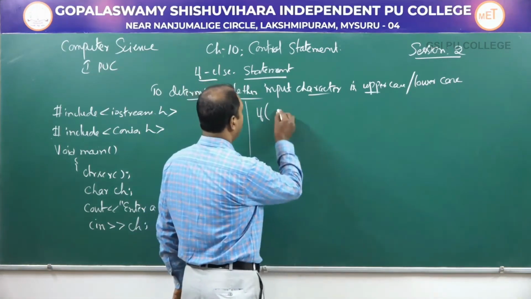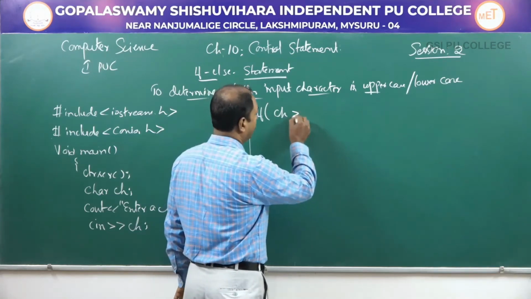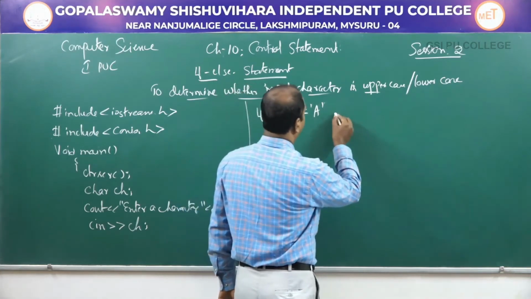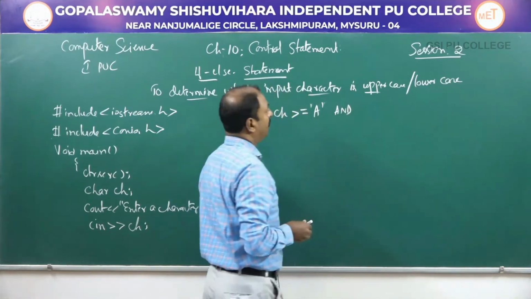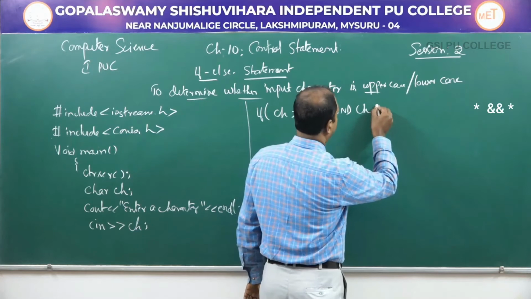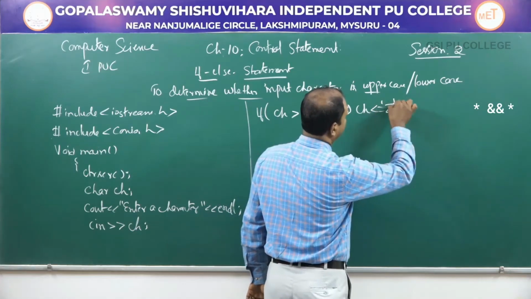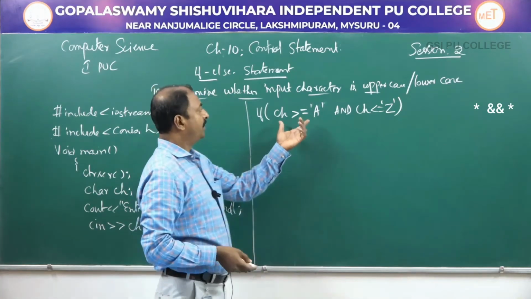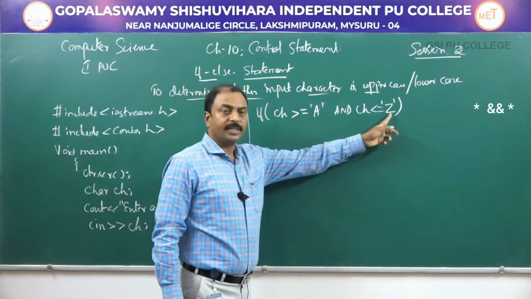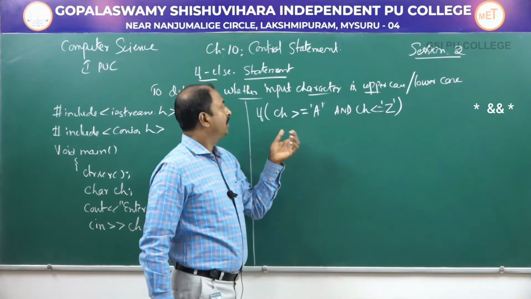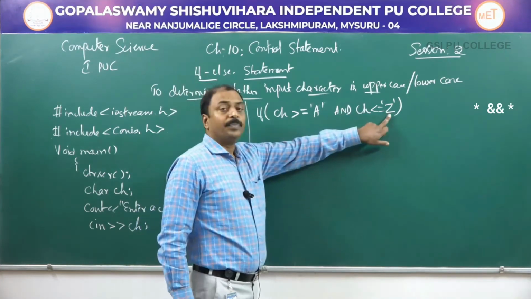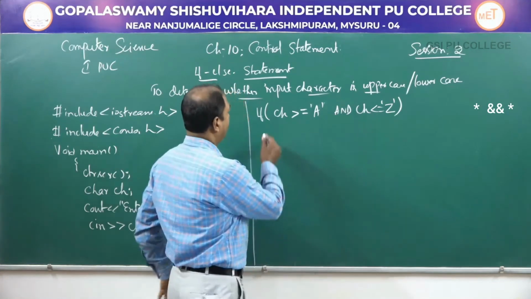That is, if the character variable is greater than or equal to uppercase A, this is one condition, and this is an operator, a logical operator, then again the condition is ch is less than or equal to Z. So this is the condition. If the input character is between uppercase letter A and uppercase letter Z, in this range, then we have to print a message